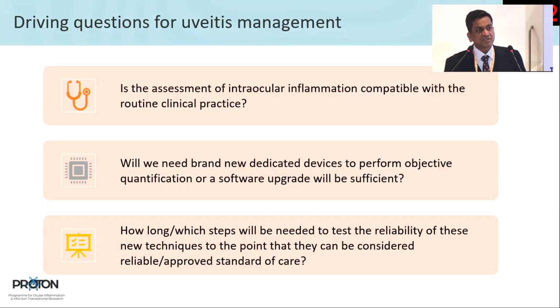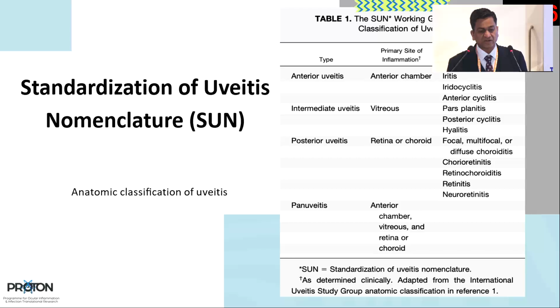The challenge with uveitis, and why we are gathered here as imaging specialists for uveitis, is that the assessment of inflammation is key. We need to find out from this talk: are there brand new tools or some dedicated tools which will give us an objective quantification of so-called inflammation, and how do we test and rely on some of these branded tools or branded software algorithms? But whenever we do any of those advances, we need to go back and look into the books, go back and look into the history.